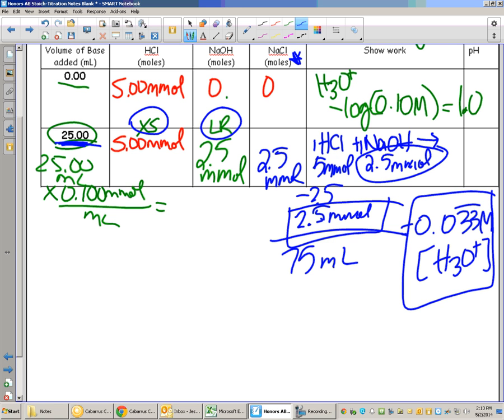How do I find pH? Negative log. I can't do negative log of that in my head. Anybody got a calculator? Negative log of 0.033. 1.5. It makes sense. It's going up little bit by little bit, right? We added a little bit of base, got a little bit more basic. So as you go, you're going to see that HCl is in excess and excess and excess